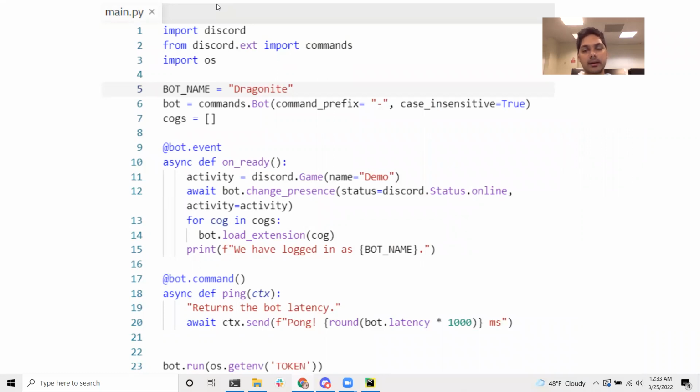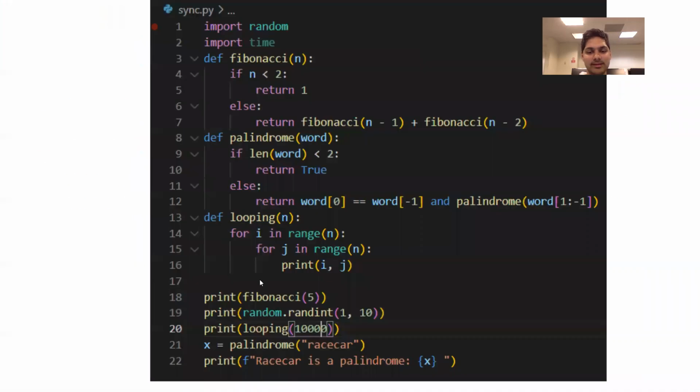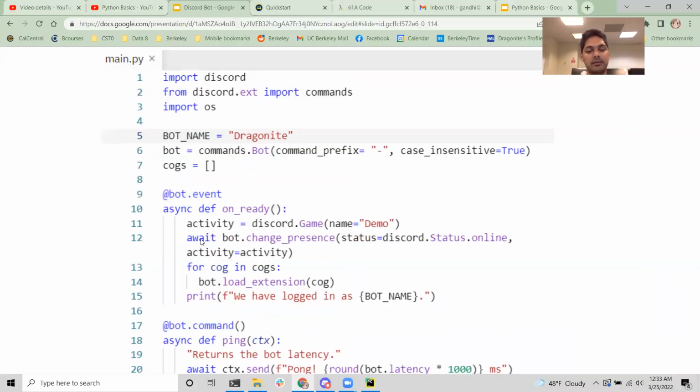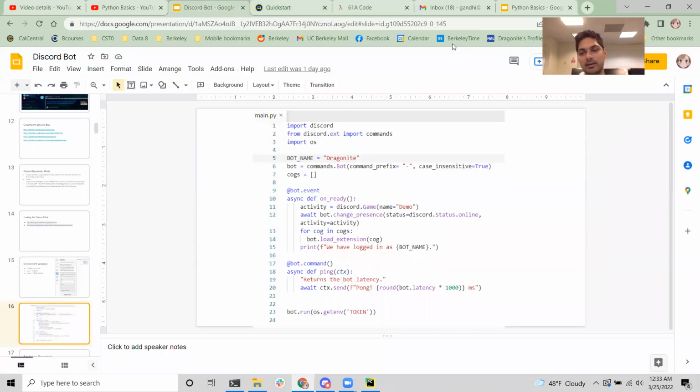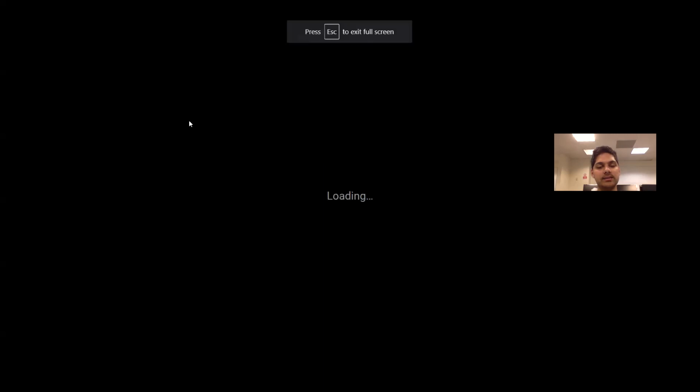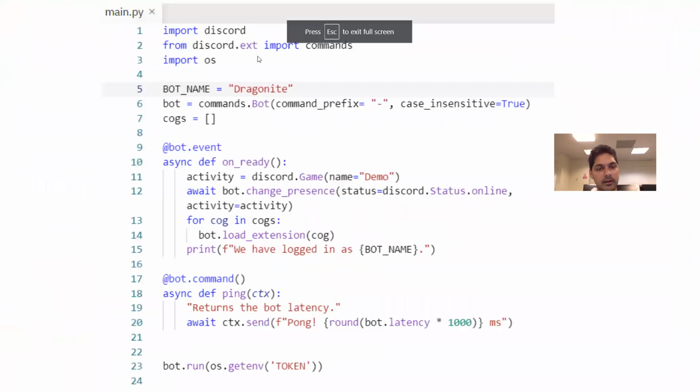You need a command. The starter script doesn't have that, but that's what we're going to use. The other way was doing it with on_message, where we look for whether a message starts with the command hello. No, that's not how we're going to make commands. But you need to import this specific part right here: import os.